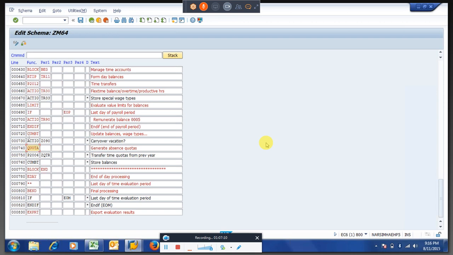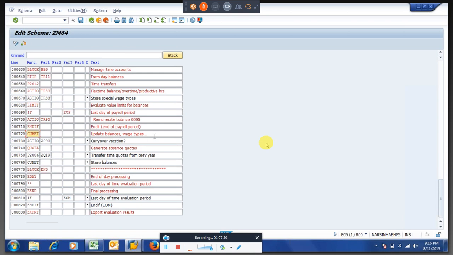And there is another important function relevant to our topic, CUMBT. It will update whatever the PCR you are writing. It will push the data to a temporary table, and this function will update the T2ES table. That is, it will update the actual table.